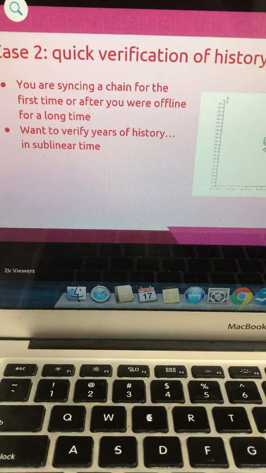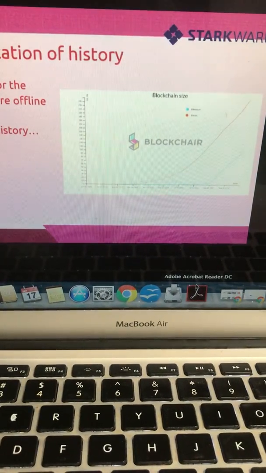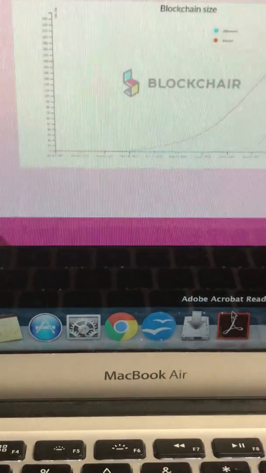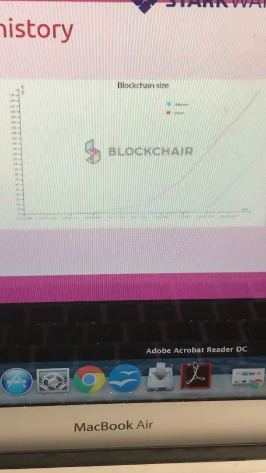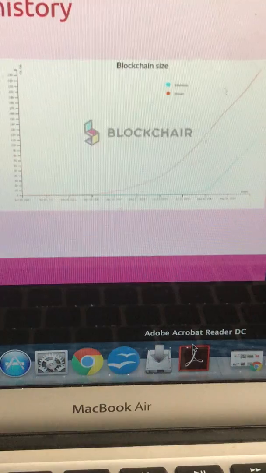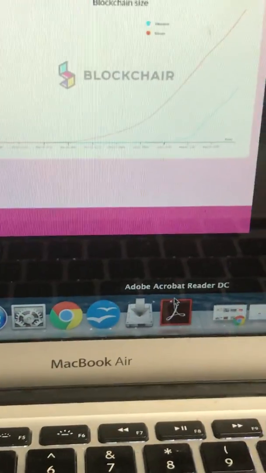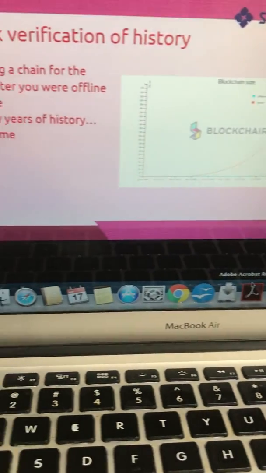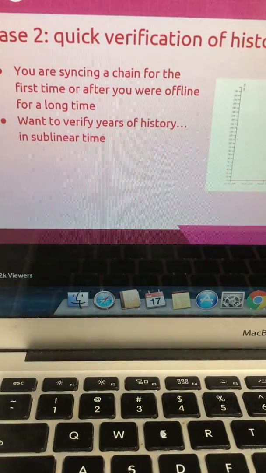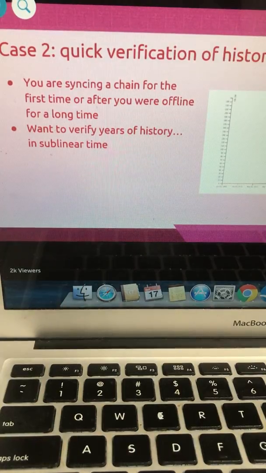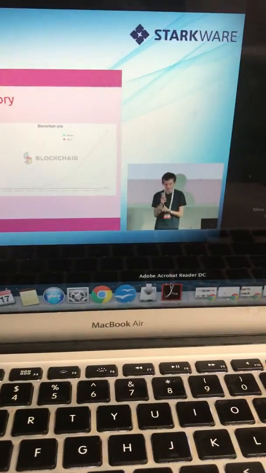Now, right now what you have is light clients, and the light clients can find the correct head in very sublinear time, but only if you accept this trust assumption that says that the majority of the miners or the majority of the validators are good. Let us try to remove the assumption that the majority is good. Can we still keep the guarantee? And it turns out that if you're willing to accept these assumptions about either network latency and at least some minimal number of honest nodes existing, yes, you can.